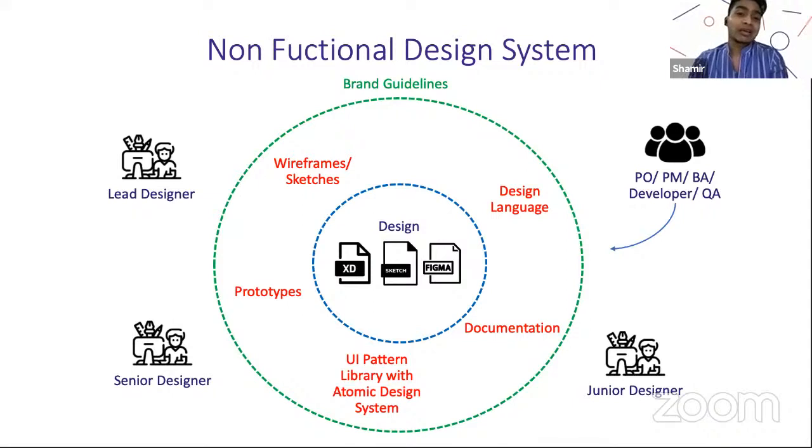Especially when you come to designing the UI pattern library, those are the UI elements. We need to sync up with the brand guidelines if the stakeholders or the product owners need. Anyways, it's a good way of keeping an eye on whether the brand guidelines should be adhered to when you're creating